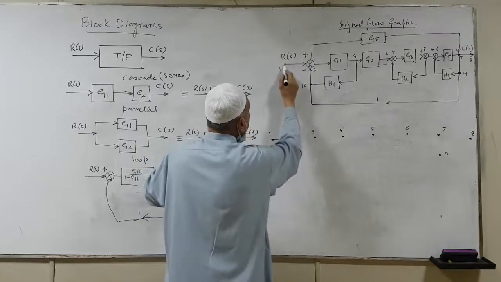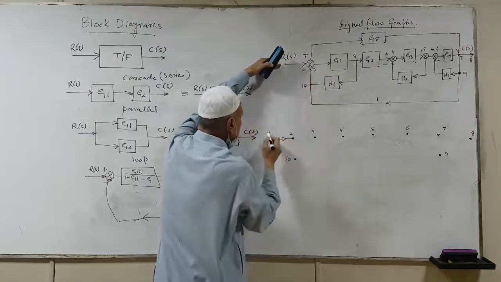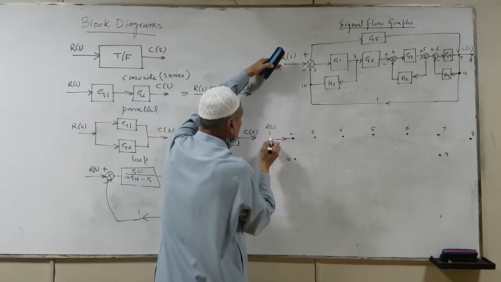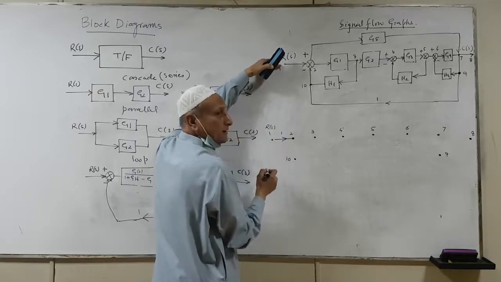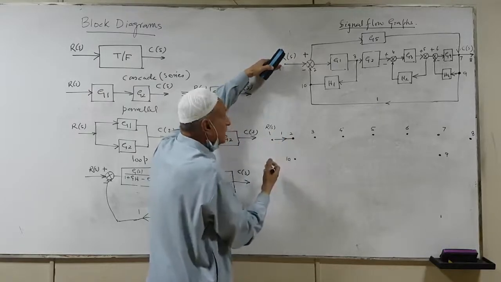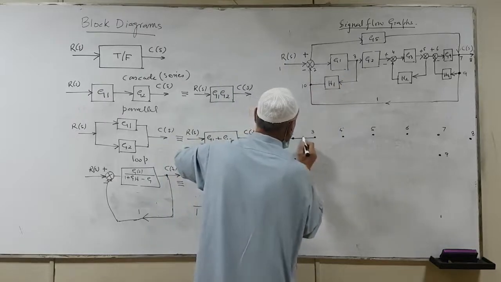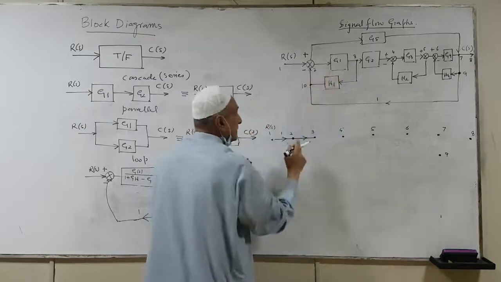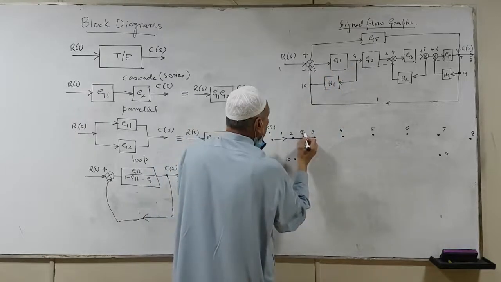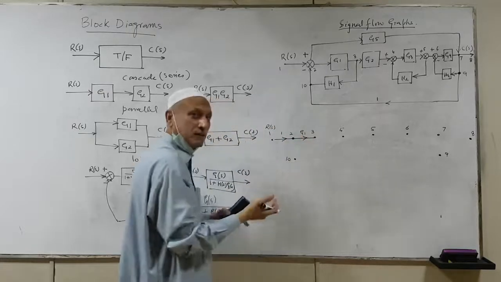Now there is nothing in this. Between node 1 and node 2 there is nothing. It's simply input. So input is over here, of course, node 1, and we just make this 1. The transmittance is 1. Similarly, between node 2 and 3 we have a block. Arrowhead is a forward block. You just have a look at the arrowhead. Now this one is G1. So we replace this by a simple straight line with a transmittance which is G1.